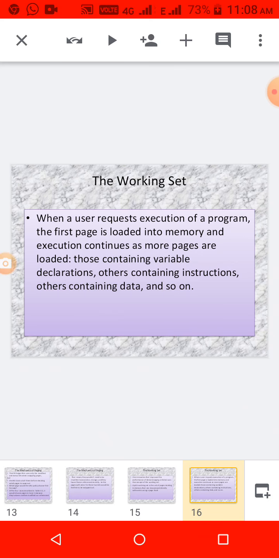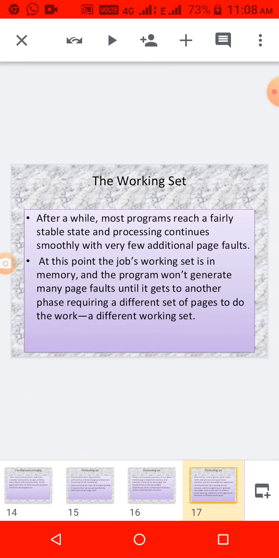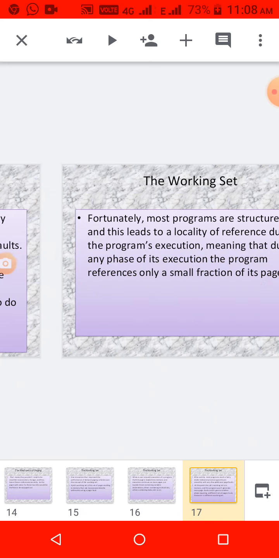When the user requests execution of the program, first those pages are loaded into memory and then the execution continues. After that phase is over and that particular working set is executed, a page fault will occur. Afterwards, very few page faults occur. And then for the next phase we need another working set, that is, the next modules we need.